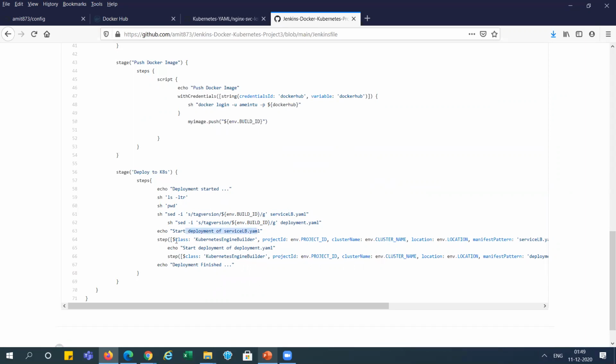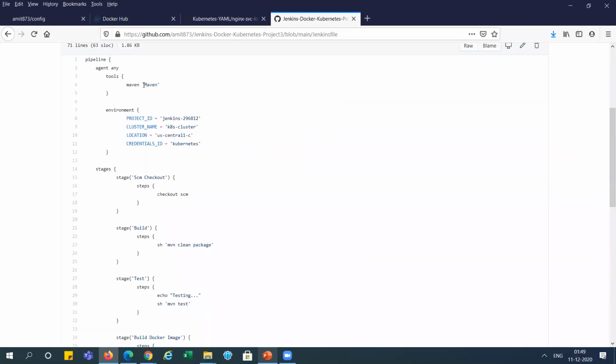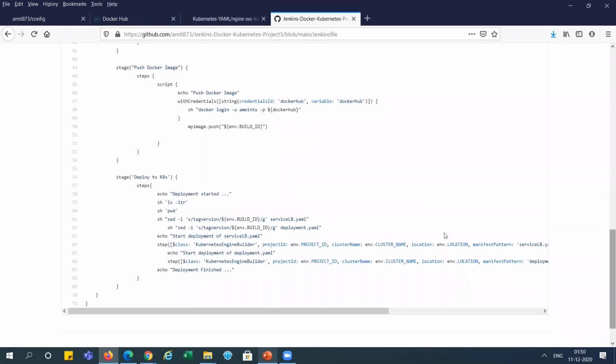And this is the step we are doing, using the Kubernetes Engine builder. Now we are passing all those environment variables, like project ID, this env project ID, which is defined above. You can see here we have defined all four variables, so we call all four variables here: environment cluster name, and location we are calling.